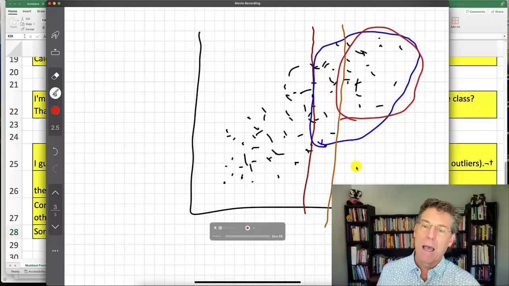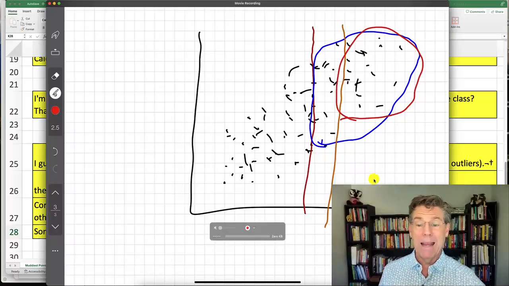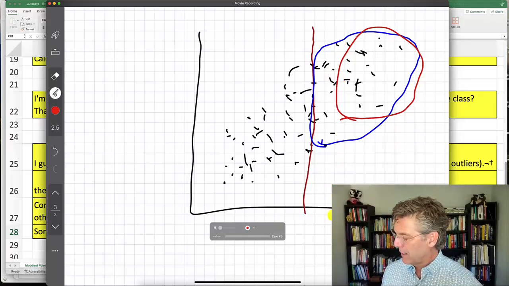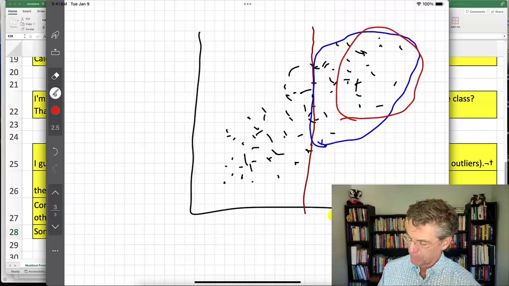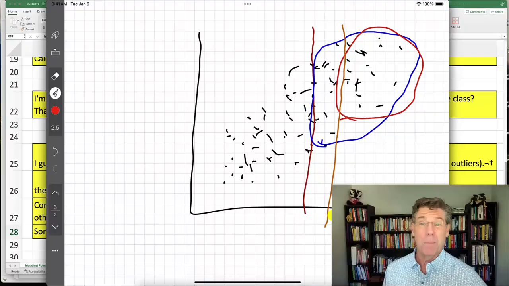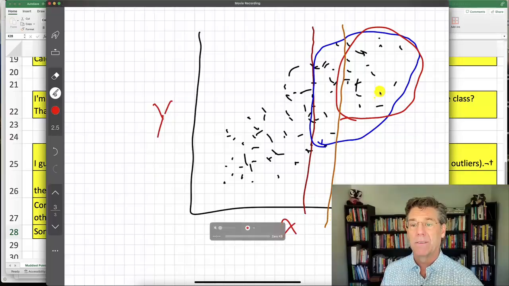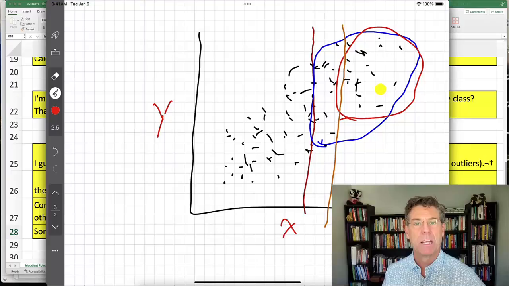This happens when, let's say, I started my study and for whatever reason happened to only take people who had scores higher than that point, right? So I just happen to only sample people up there. I would get this correlation and conclude that there's no correlation between X and Y, because looking at that red set of data, it doesn't really look like much of a relationship.